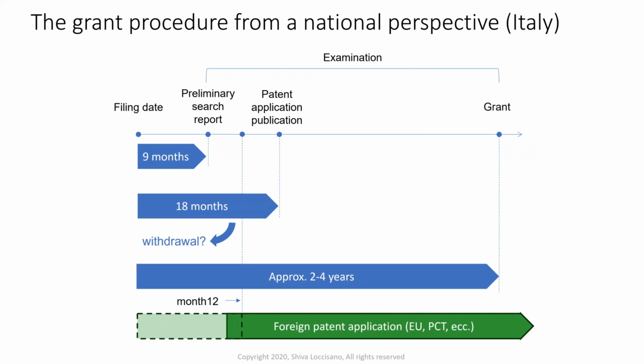Then this application stays secret for 18 months. During that period, the owner of the patent application can also withdraw the application for any reason, so that it never enters the public domain. After those 18 months, the patent application is published, and it also undergoes an examination by an expert of the office, which will at the end decide